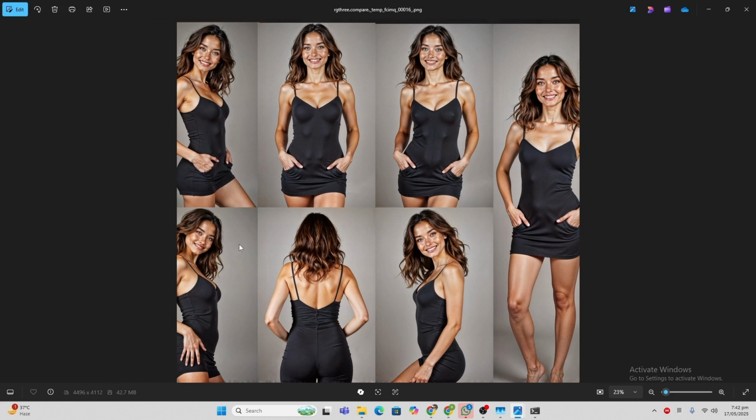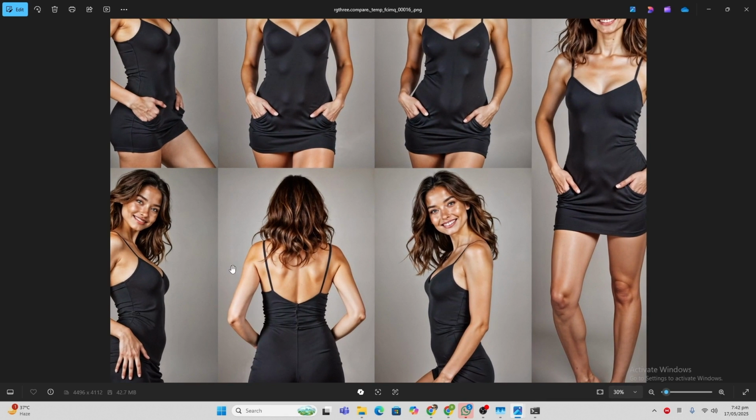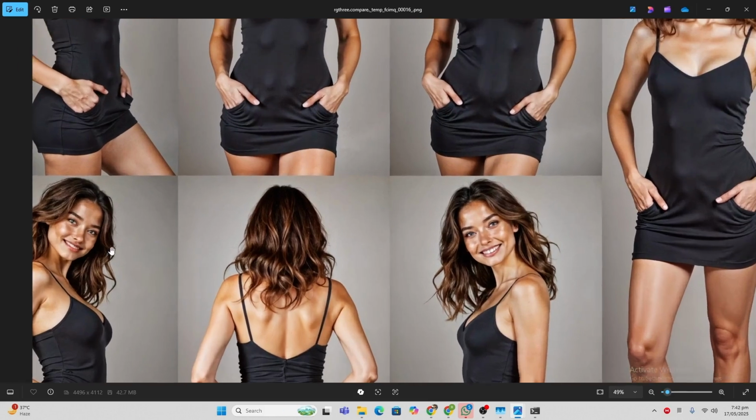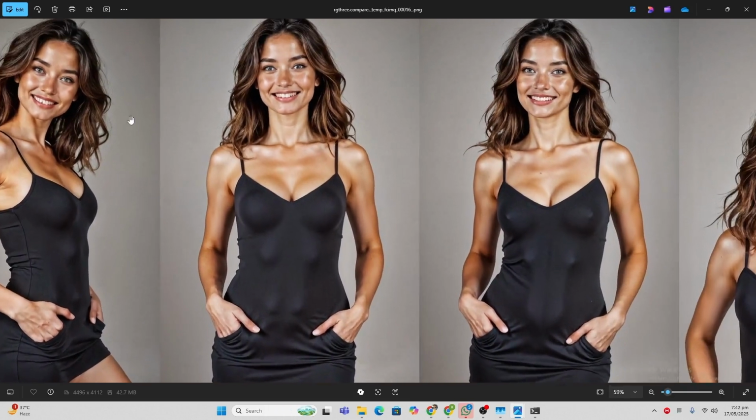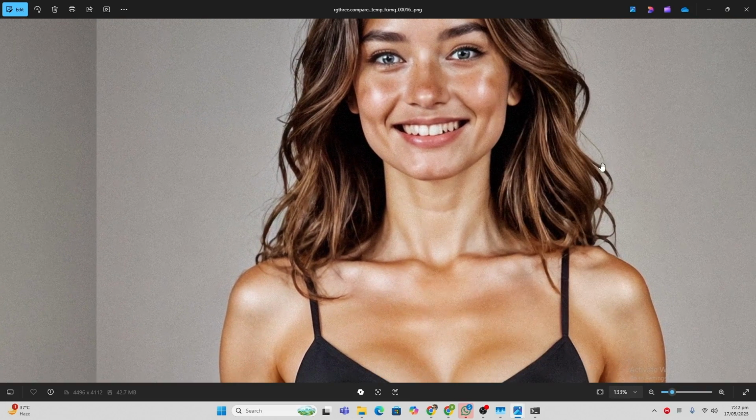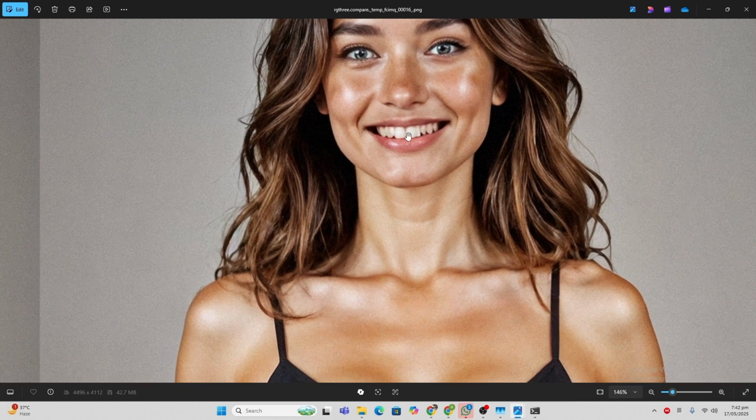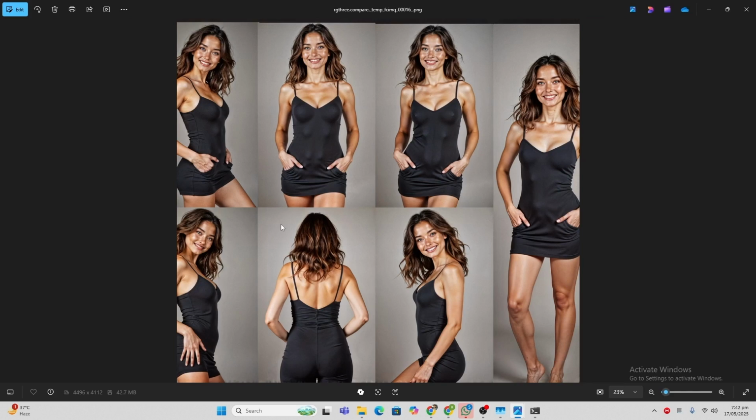So yeah, there are some small problems in it. In some images, I would say out of 100, maybe 30% of the images got the teeth a little bit wrong. So for example, if you see this and this, a little bit of glitchiness in the teeth, you can simply avoid these images, don't use them. We have plenty of images already to train the LoRa model, so we don't have any major issue with that.